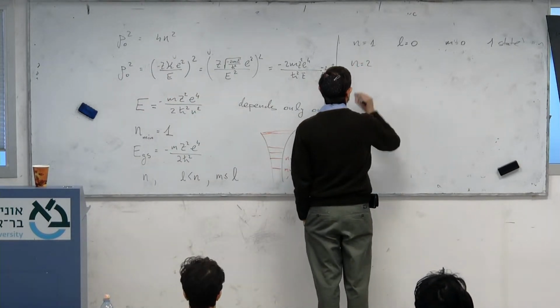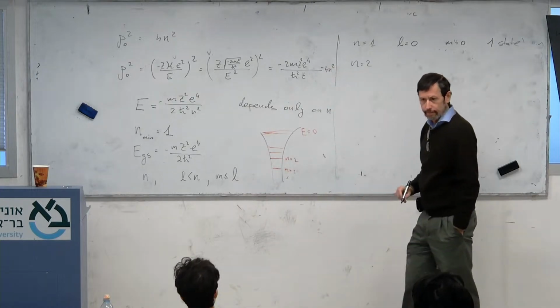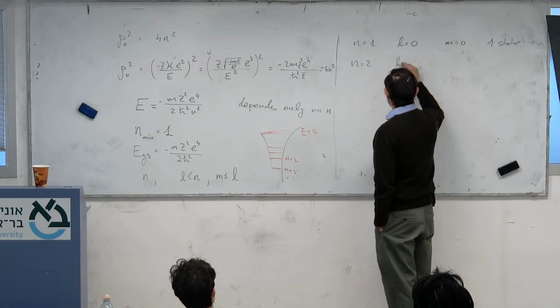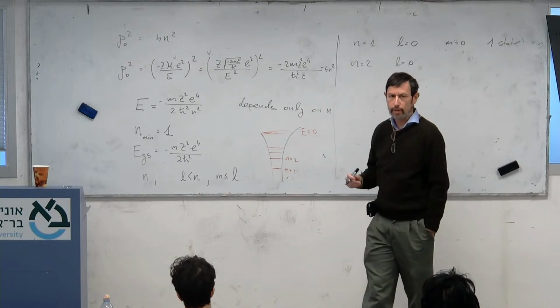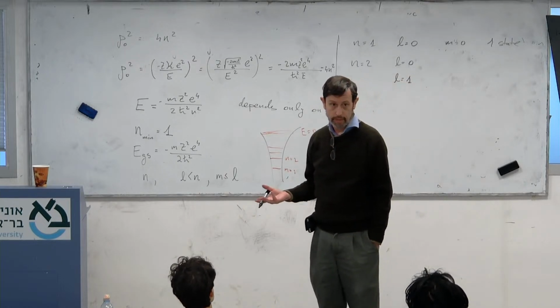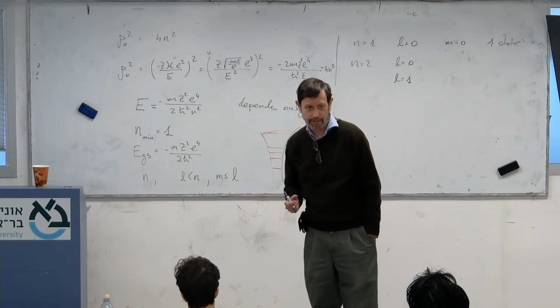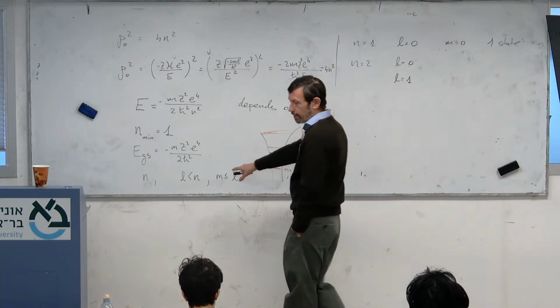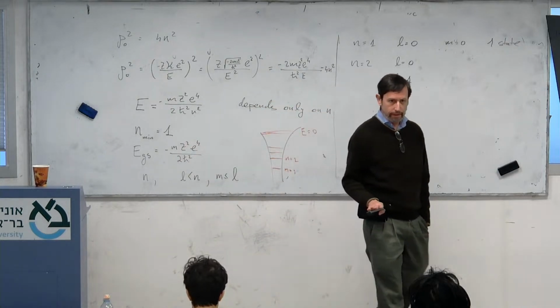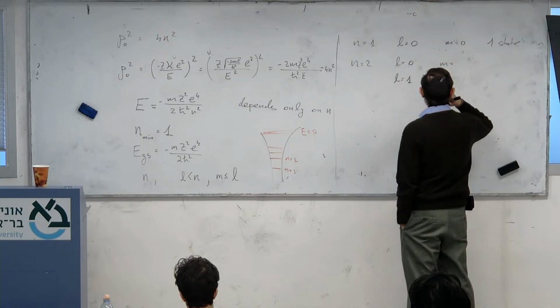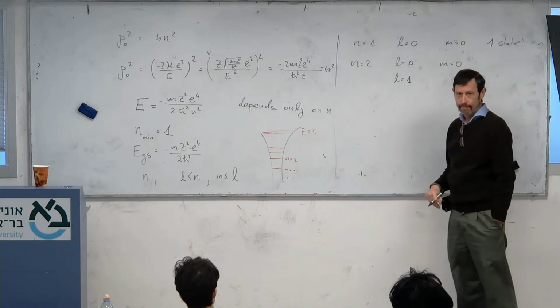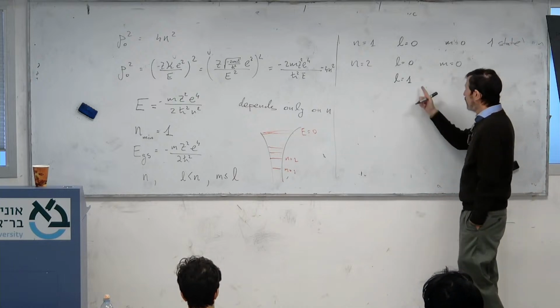N equals 2. L equals 0 and L equals 1. Both of them are possible, right? Both fulfill the condition of L smaller than n. 2 already doesn't fulfill it. If L is equal 0, M is equal 0. If L is equal 1,